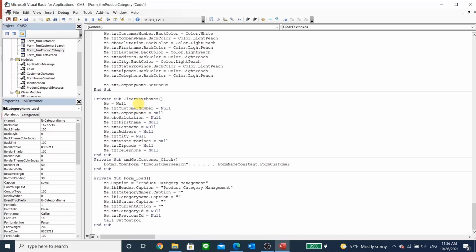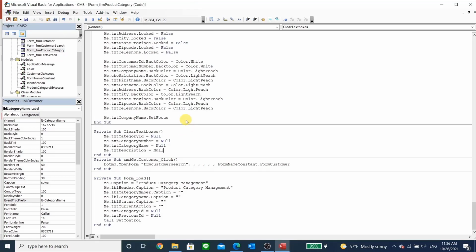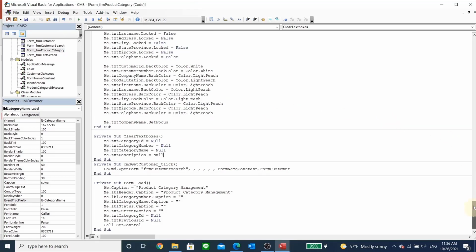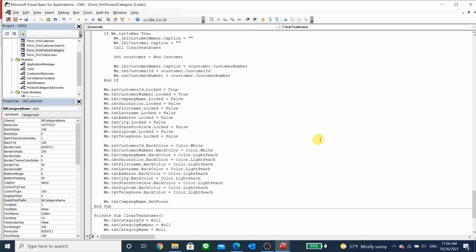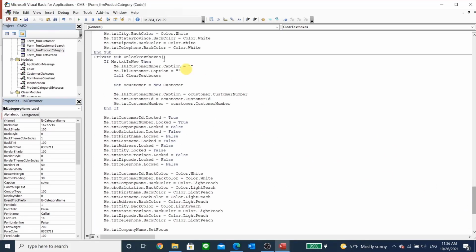Now we're going to change this guy to category ID, category number, category name, and description. And then the rest is out of the way. There are 4 items. Short enough. Similarly, let's start from the beginning here. Category number, category name,